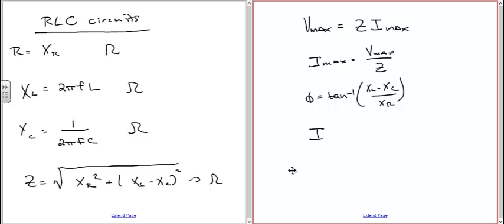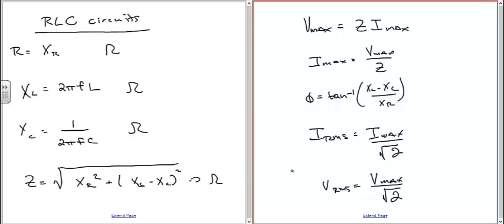The RMS current is equal to the maximum current divided by the square root of 2. The RMS voltage is equal to the maximum voltage divided by the square root of 2. And we use RMS when we're calculating power in an AC circuit. If we use a voltmeter, we measure RMS current and RMS voltage,